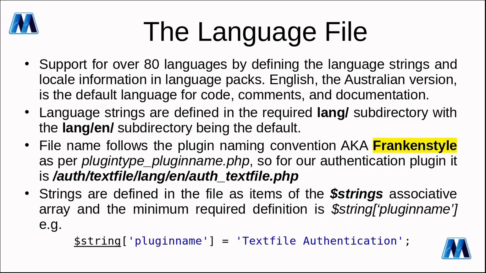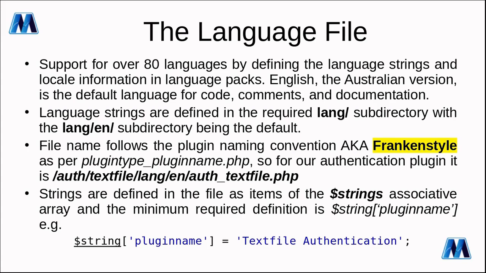The next one we're going to look at is the language file. Now, Moodle has support for over 80 languages, and the support is provided by putting the strings information, so any string outputs, into language packs. And English, the Australian version, because Moodle was originally developed in Australia, is the default language for code, comments, and documentation. Language files live in the language subdirectory and another subdirectory for the language. So you'll have lang/en/ for the English default